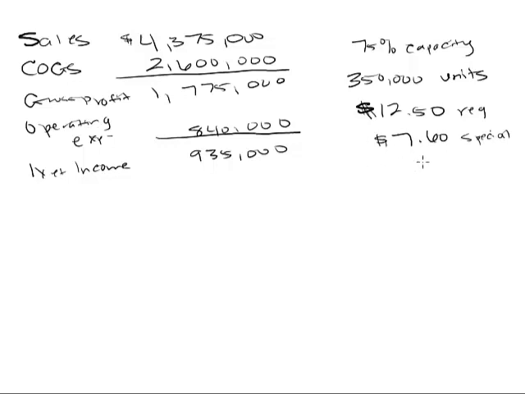A lot of people will just say right off the bat, no, I'm not doing that. It's $12.50 is what I charge. Pay what I charge, right? Well, let's wait a minute and consider. So, $7.60. We want to do an incremental analysis to figure out, should we accept this special price or this special order that they're offering us? What would be the difference between the two?